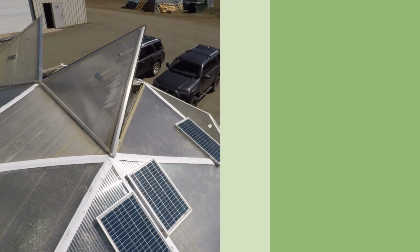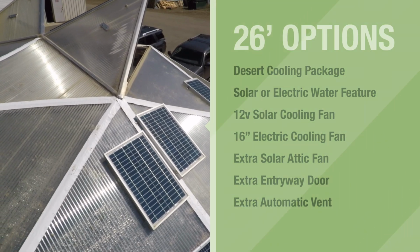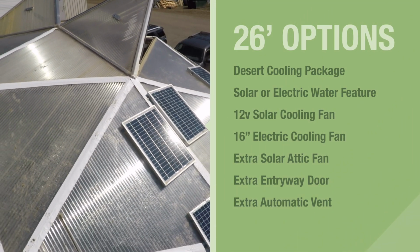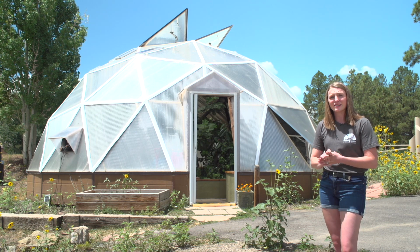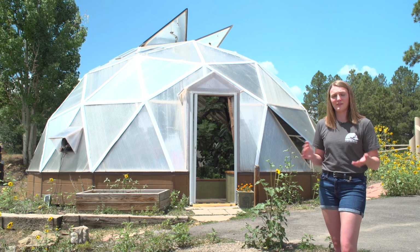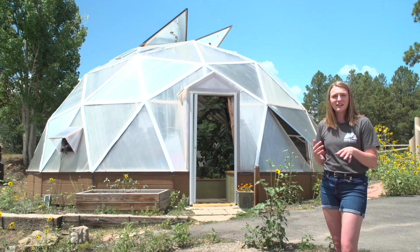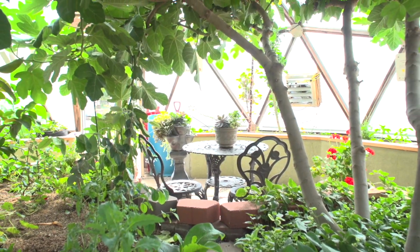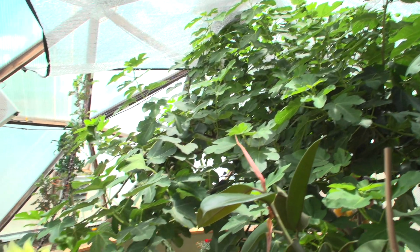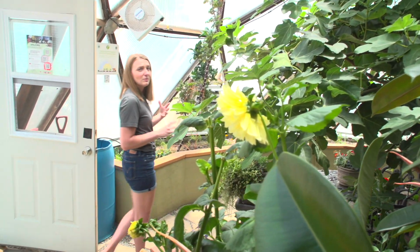Moving on from the 22-foot growing dome, we have the 26-foot growing dome. This has historically been our best seller. With 550 square feet of growing space, there's plenty of room to grow enough food for 5 to 7 people, while still having a little hangout space in there, enough room for a table or a chair, or a couple of them. Our center point of this dome is 12 feet 7 inches high, and this dome does come standard